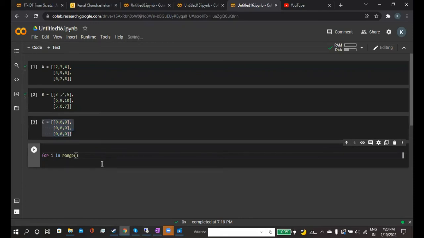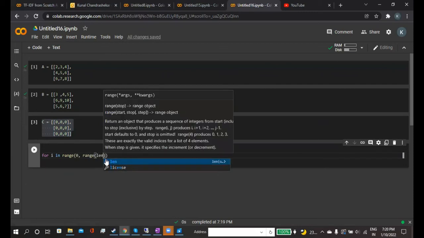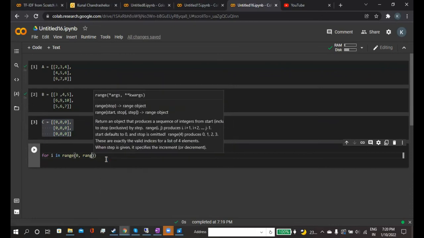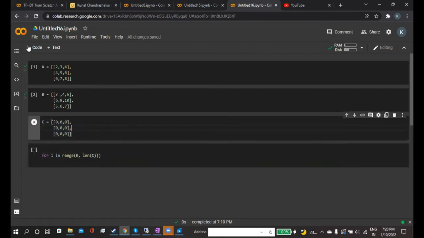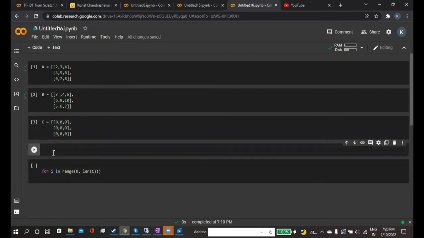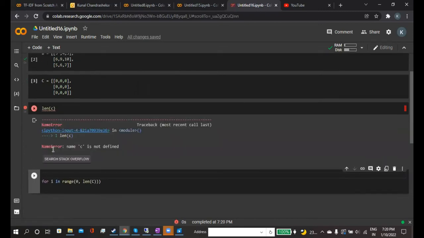So how to iterate that? 0 and range of len C. Range of len of C. So what will be written by the len C? Len C. Then 1 minute C, C should be capital.